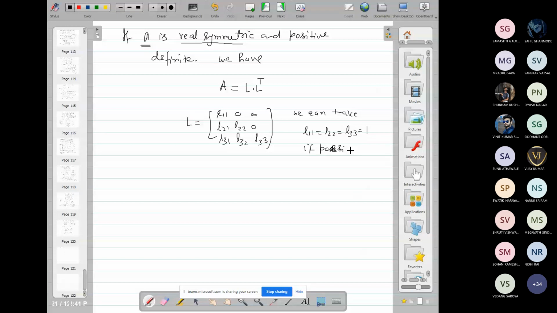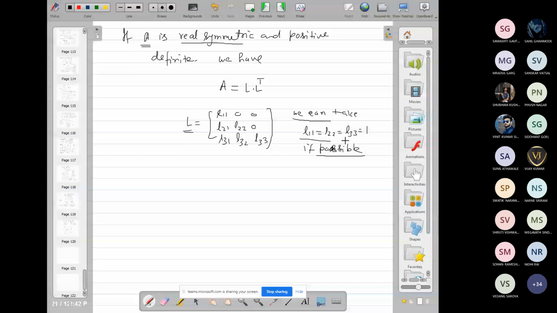Actually, always it is not possible. Sometimes by taking this, we are not able to determine L. We obtain an absurd result. Then we cannot take it in that case. But sometimes we can take it for simplicity, that is, taking L11, L22, L33 equal to 1. If we are able to determine L, then it's okay. But sometimes by taking these equal to 1, it is not possible to determine L. So in that case, this choice is not possible. So the general case is this.